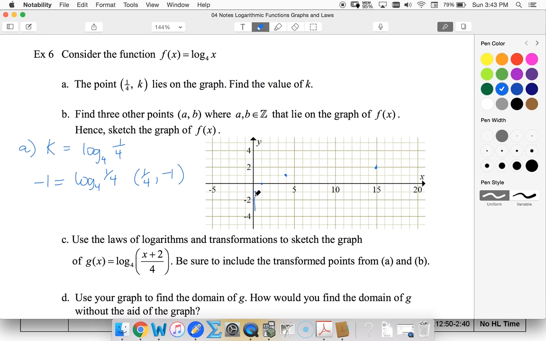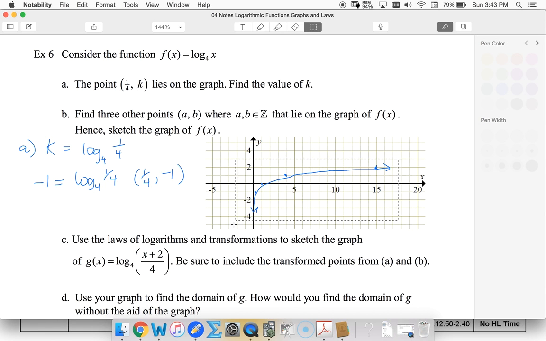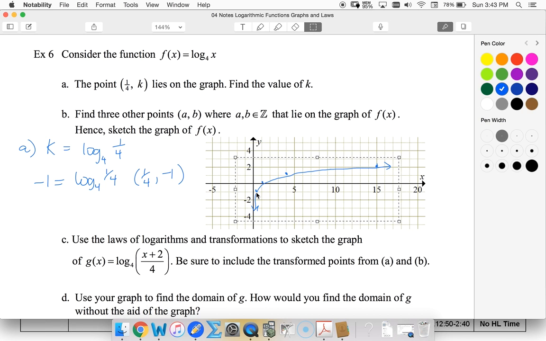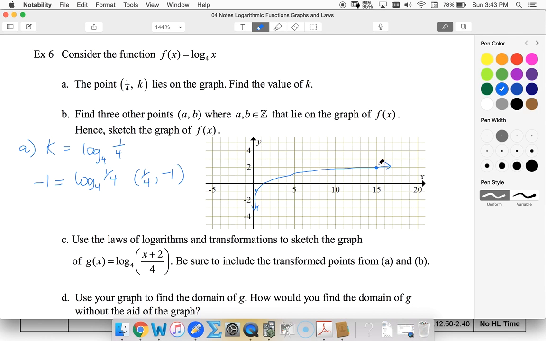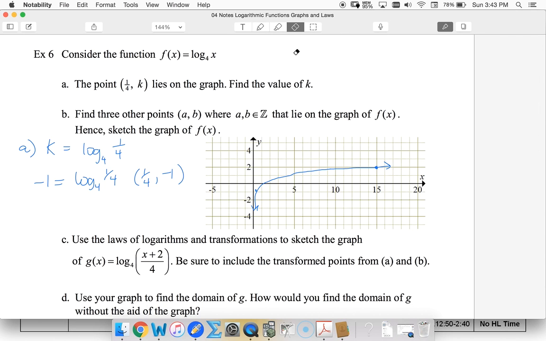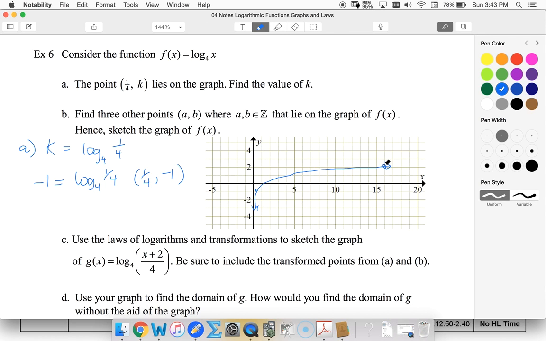So now I'm going to sketch. Try to go through your points. I think I need to take my graph and move it up just a little bit. Okay, so let's move my points down a bit. All right, so I'm going to clearly label my integer points, and that should be 16, not 15. So let's put that on there. So I have 16, 2, 4, 1,